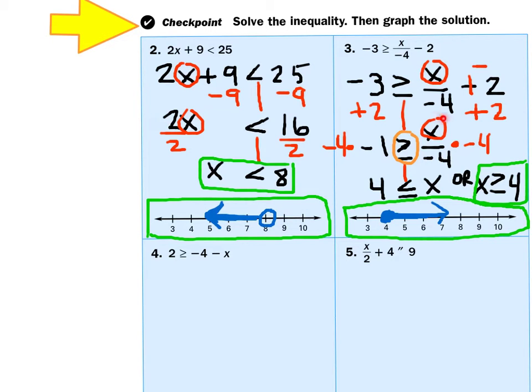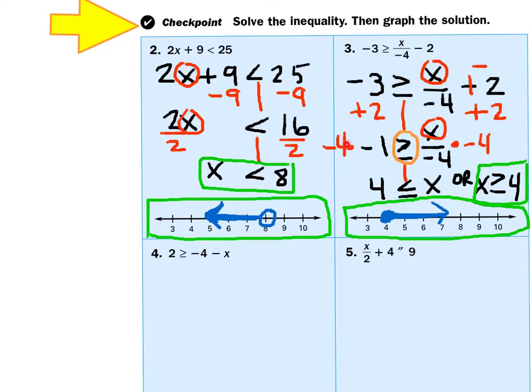So I use my red, I circle the variable, I bring my wall down. Look at what's touching the circle, dividing by negative 4. So to destroy it, I'm going to multiply both sides by negative 4. Now remember, when I multiply by a negative, I've got to circle my inequality symbol because it's going to turn